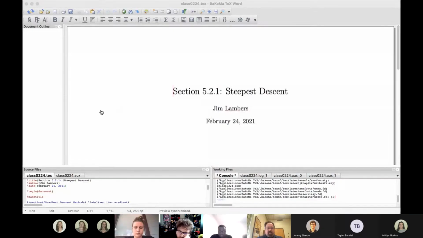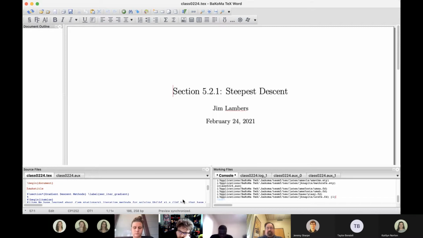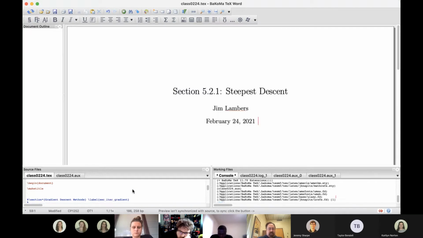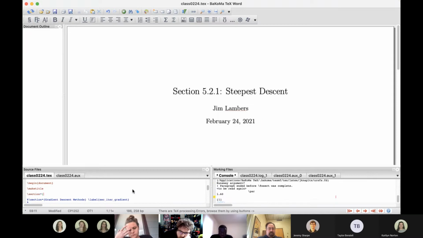Today we're getting into a new chapter on iterative methods, and today we're going to focus just on one particular iterative method for solving Ax = b, where A is assumed to be symmetric positive definite. But before I get into that, I want to say a few words about